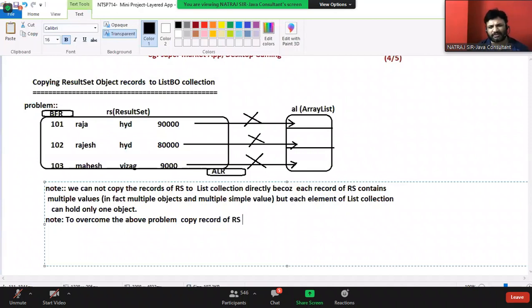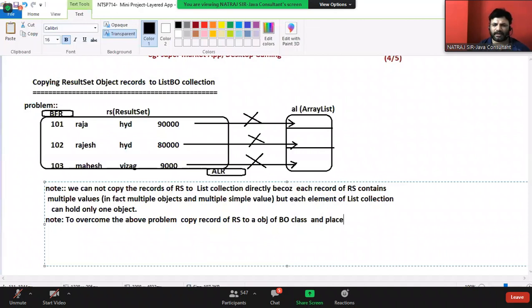Now, RS means result set, guys. Copy each record of RS to an object of BO class,